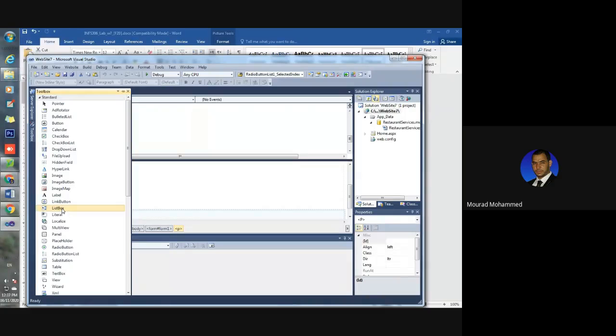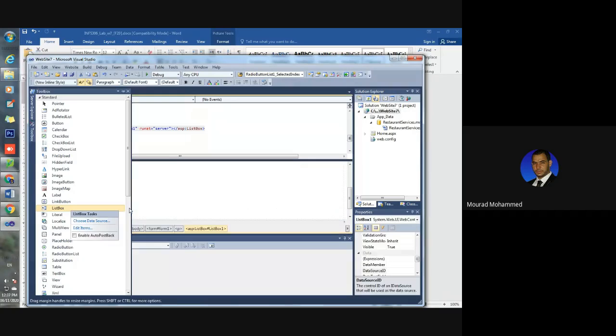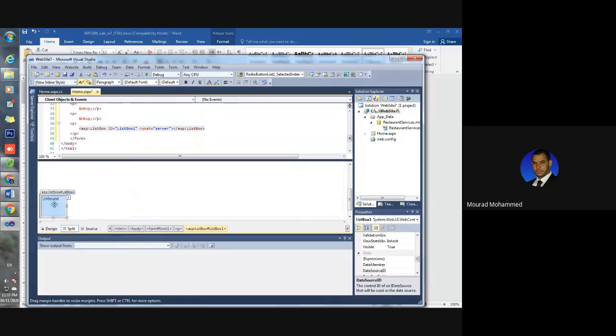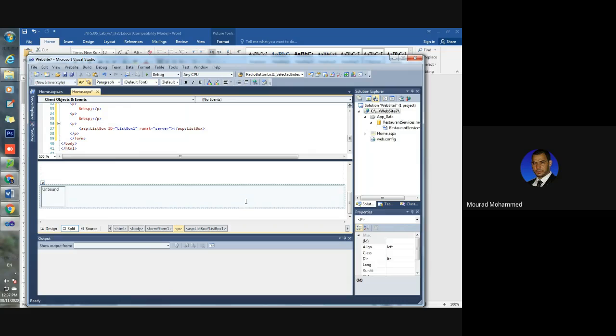List box, because it can have a list of indexed values. Double click, and here it is. So, what is the name? Let me check the name and the ID of this list box. The ID is ListBox1. So, ListBox1, to remember the name only. Okay, I'll come back to the